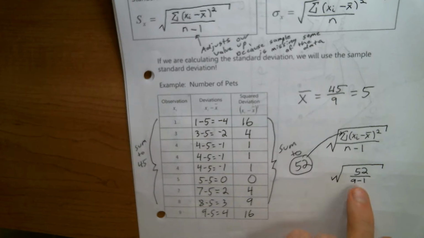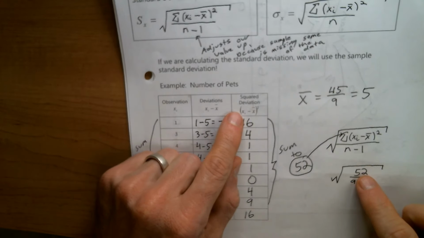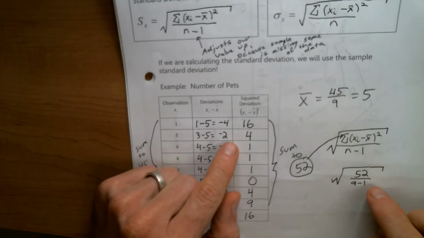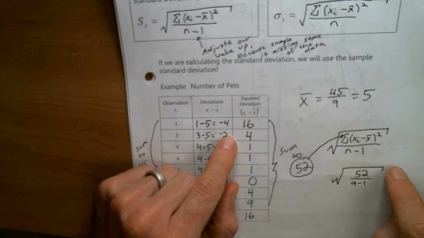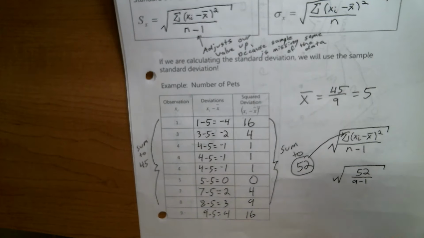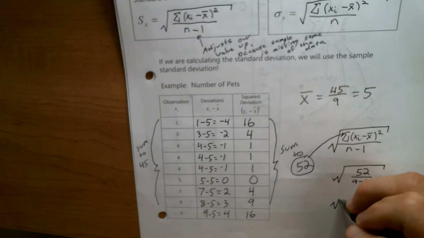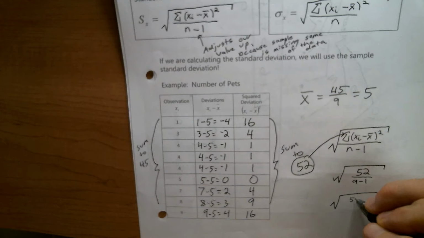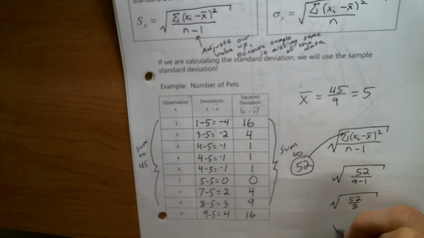All right, so this part is our average, only we didn't calculate the average. We calculated the average when those distances were squared. So our last step is to take that square root to get it back down to just a regular average. So anyways, this would be the square root of 52 over 8,